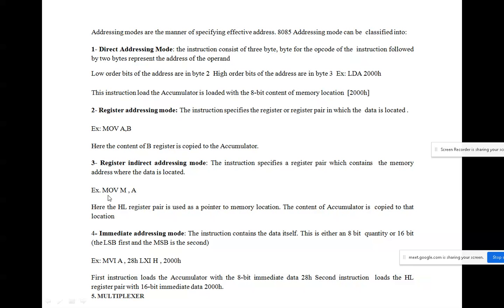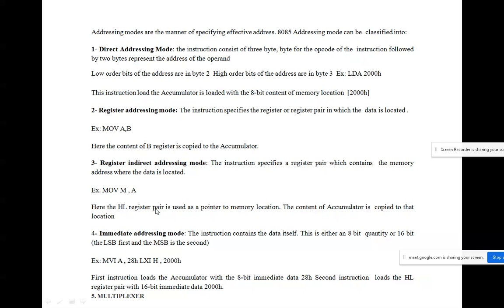Okay, so your instruction will be given as MOV M comma A only, but the CPU, your processor, will take the memory location from the HL register pair. Okay, and there the data of the accumulator will be moved to the internal memory location.